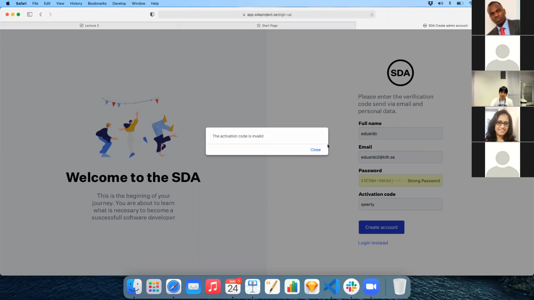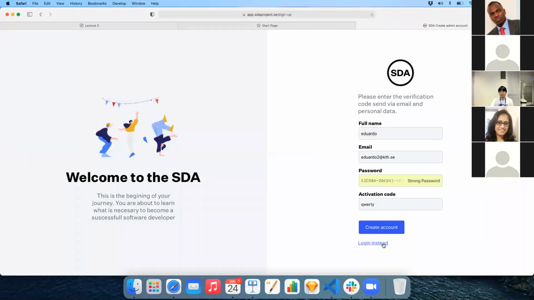And the only option right now is to read the instructions. The activation code is invalid. This should be in uppercase maybe, but in any case, the only option it's given me is to close. I think that there is a similar